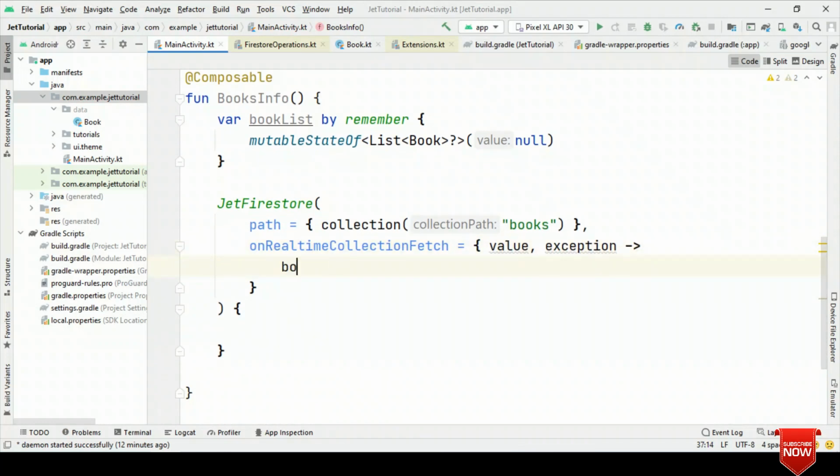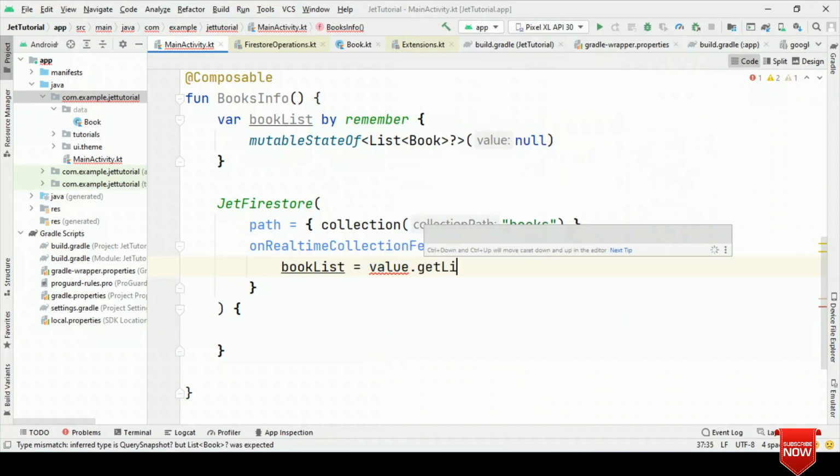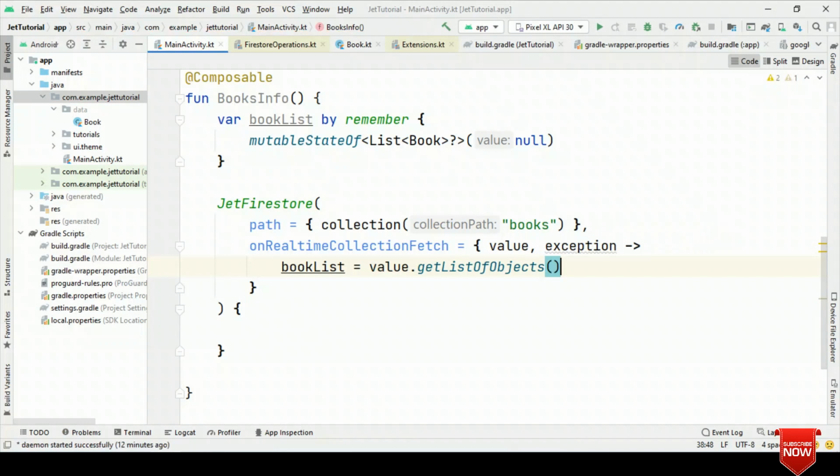Now I could say book list is equals to value dot get list of objects. Well, I'm not specifying how you can handle exception here just to reduce the video length, but it's all about how you're going to handle the error cases. So here we are just having the book list information which we fetched from the value. Get list of objects will automatically form an object for us based on the data class that we have specified.